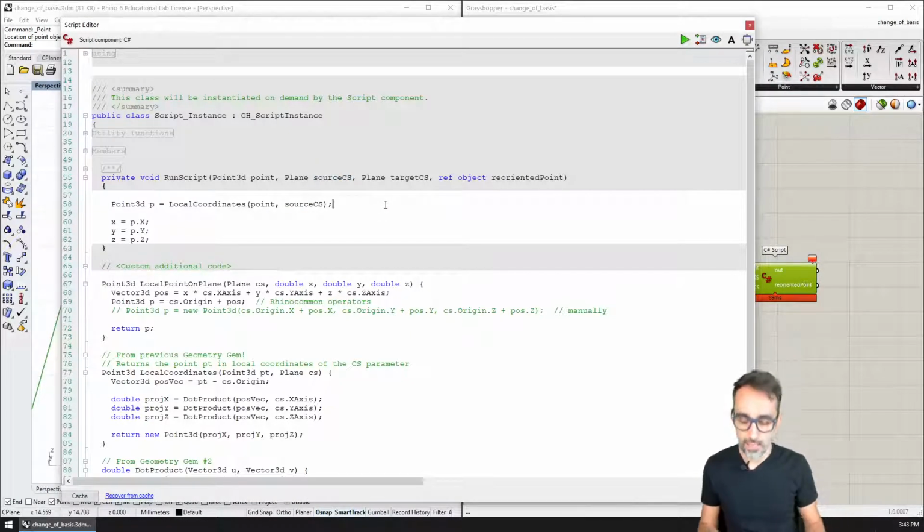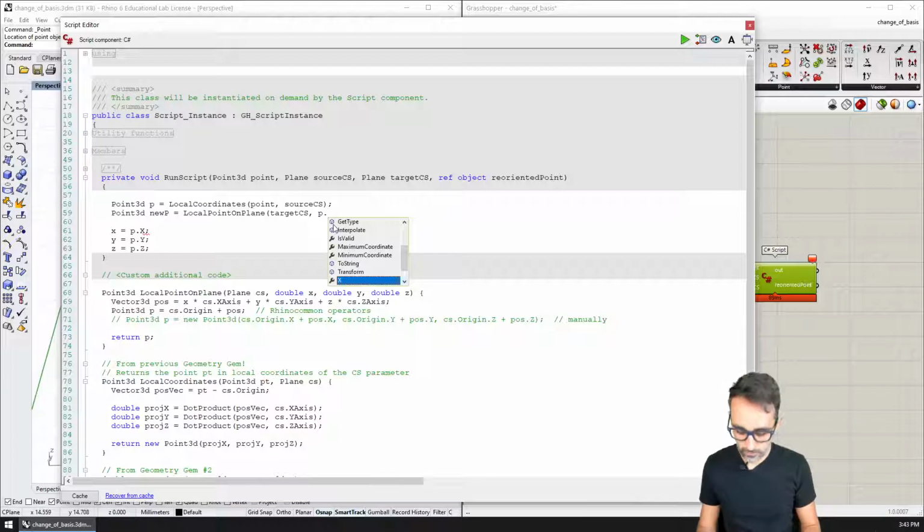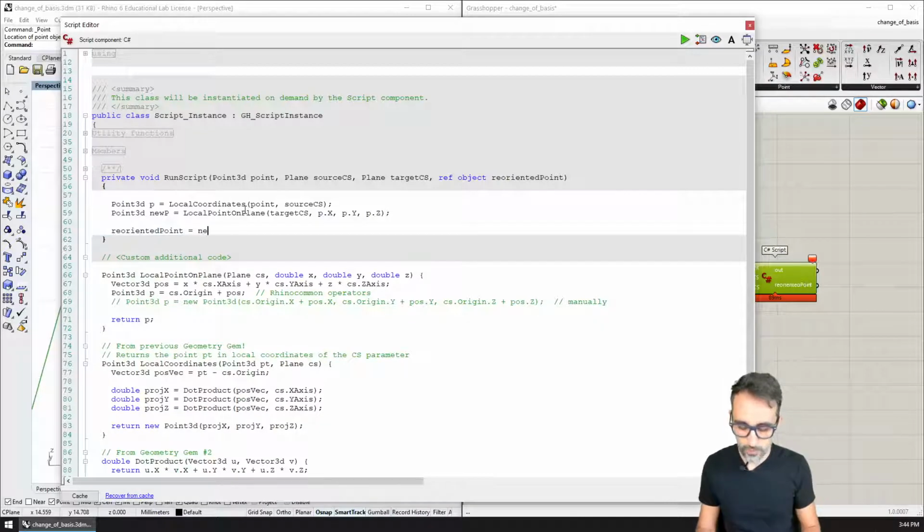And now I can say Point3D newP is going to be equal to local point on plane with the target coordinate system, and then p.X, p.Y, p.Z. And then the output of this reoriented point should be equal to that new p that I just created. Let's see if this works.